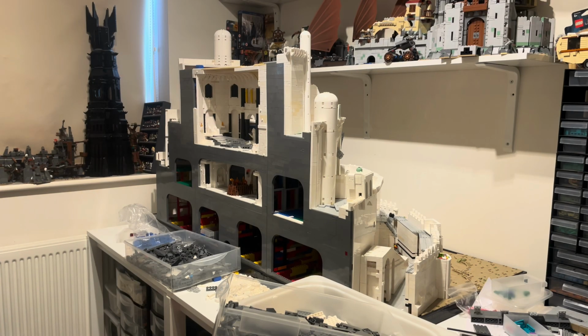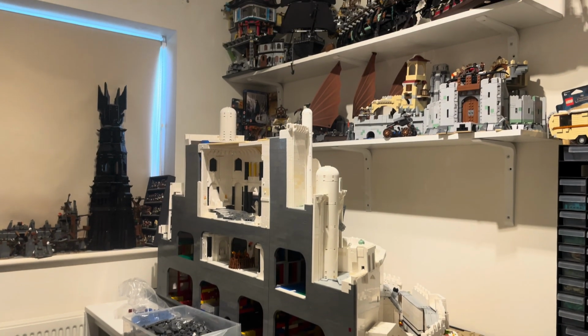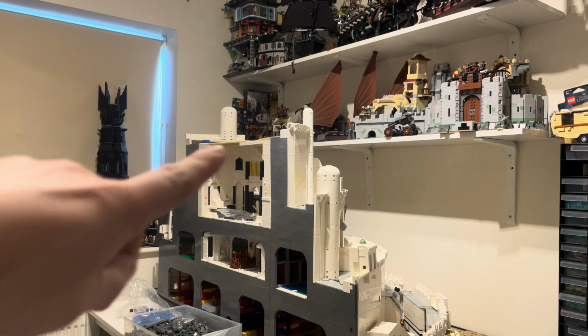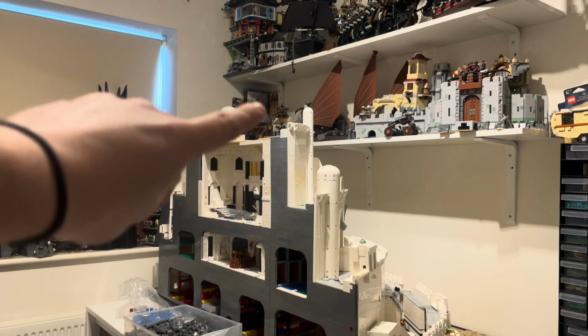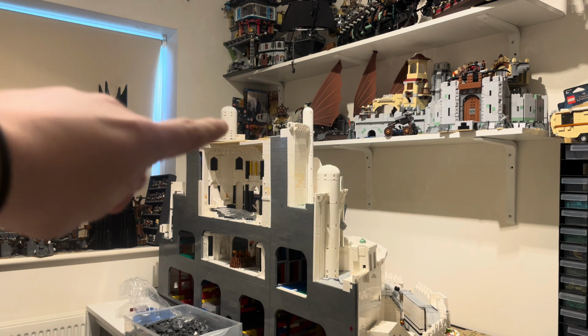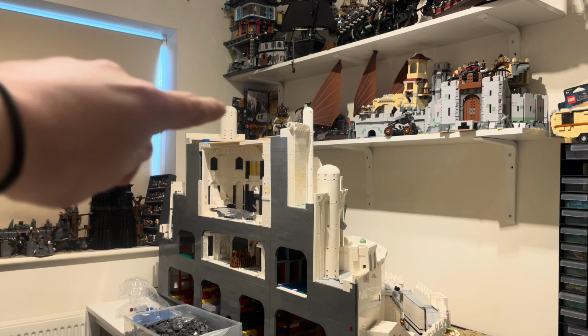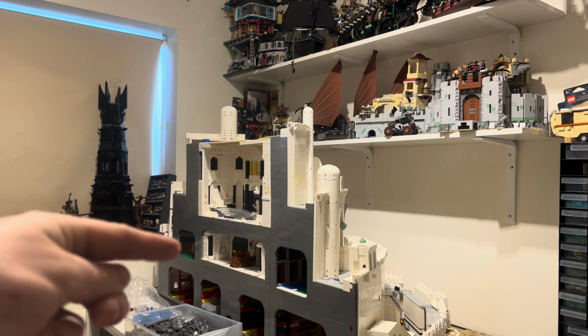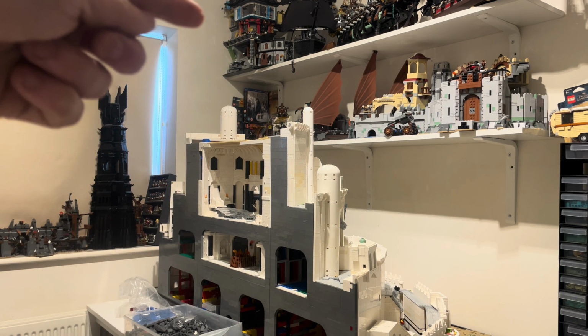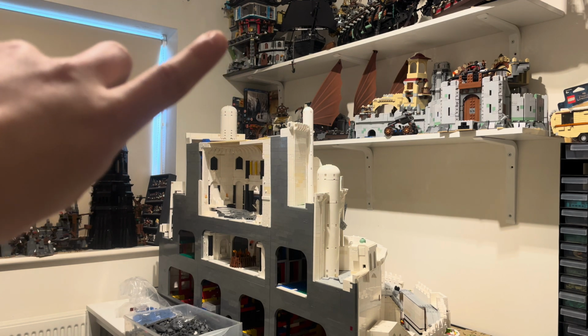As you can see, Minas Tirith is looking really good and really big. Now if I pan up a second, I'm going to point to what the plan is next. I'm going to finish that bit of roof off there, and then I'm going to bring the wall up again, obviously on both sides, go across. I don't know what I'm going to put in that area there. I don't know if I'll put a smaller room in like I have down here, but I'll do one more in height,